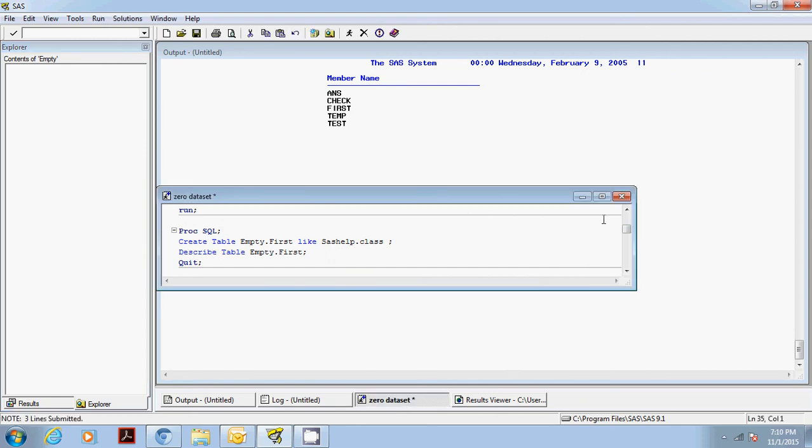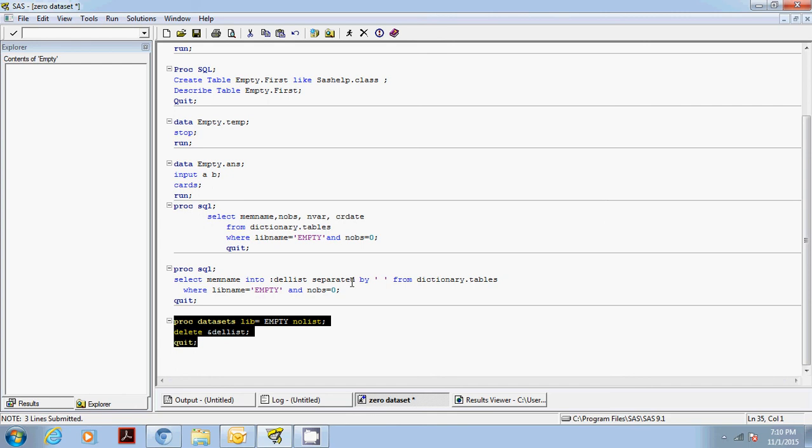If you see this query properly, we have mentioned 0 observation. Now in a situation where you want to, you can customize this. If you want to delete datasets with 10 or more observations, or less than 10 observations, you can write a query accordingly and delete it in one go rather than doing it one by one, which will save your time.